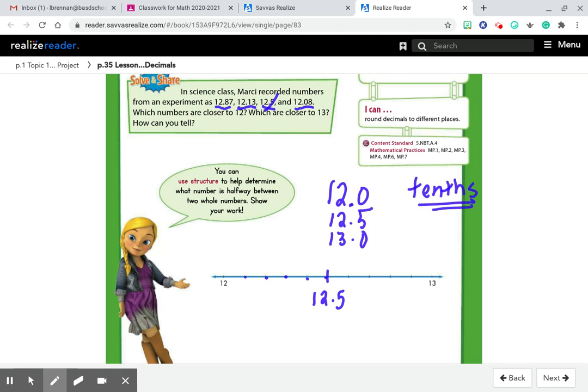So 12.13, I know 12.1 is going to be here. This will be 12.1. I put that above. This one will be 12.2, 12.3. Trying to write little here. 12.4, 12.5, 12.6, 12.7. Now you don't have to label your number line if you feel comfortable and you understand what you're doing,